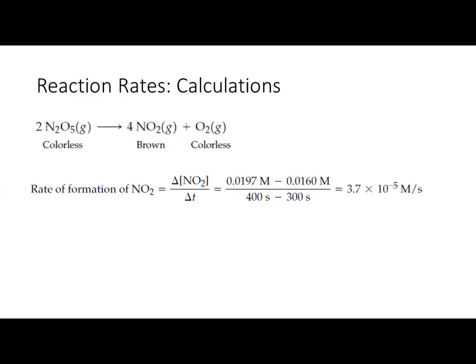So what I have written over here, this is the rate, and again, this is the rate of formation of NO2. Why is it written as the rate of formation? What is the reason? Because it is a product. Good. Because it is the product, because it is being produced. That's why this is the rate of formation. So whatever is the product, it must be the rate of formation. You have to write the rate of formation with the product because the products are produced.